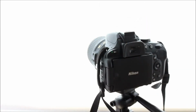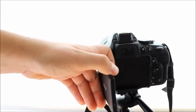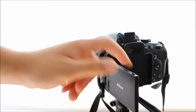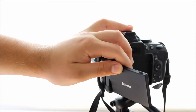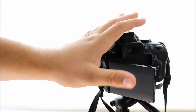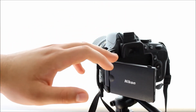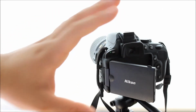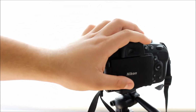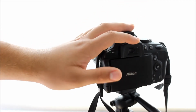Now, another thing people like, which I don't necessarily think is all that important, is the fully articulating screen. Now, I personally don't think it's a huge deal. I have no problem with the fixed screens on some other cameras, but a lot of people really enjoy this for both still and videography. So, if that's something that is important to you, definitely keep that in mind, because the D3100 and all the D3000 line cameras do not have an articulating screen. So if you're someone who definitely wants that, this is the cheapest Nikon I'm aware of that actually has the